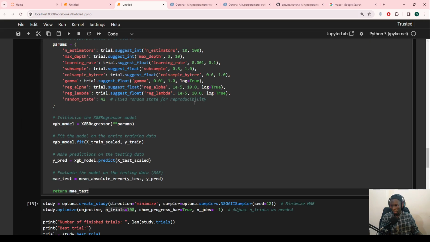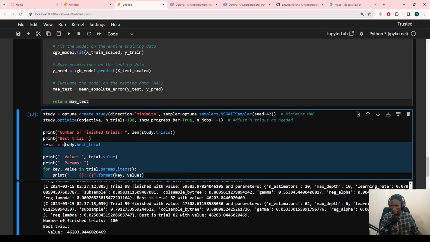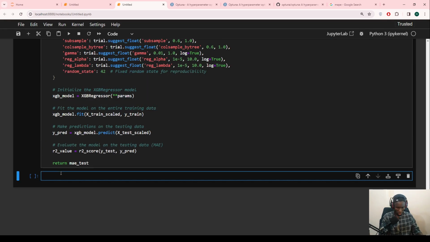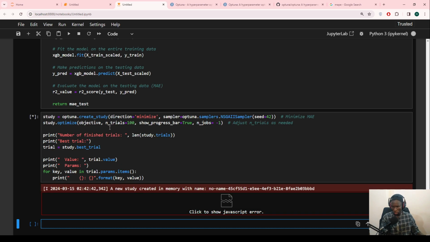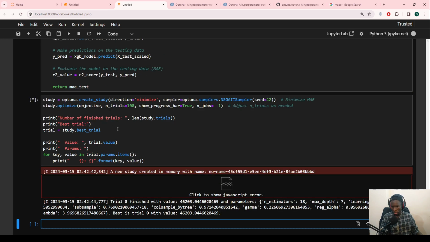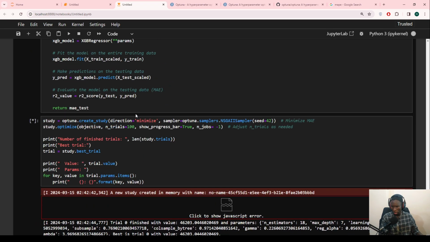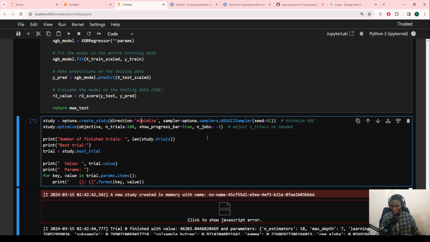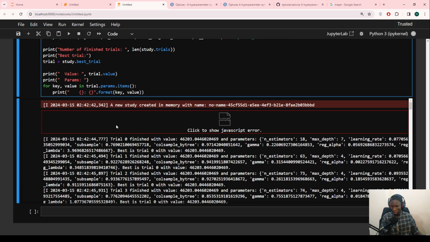Then after we are done with that, we can create this study that will do the optimization. Then this one will just have the direction to maximize or minimize. Let's use minimize. Then this one will remain the same. Number of trials, all this. So